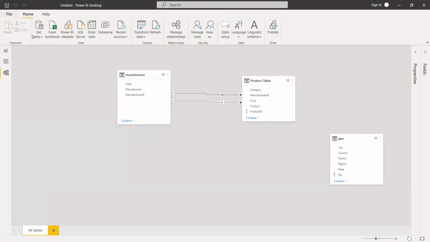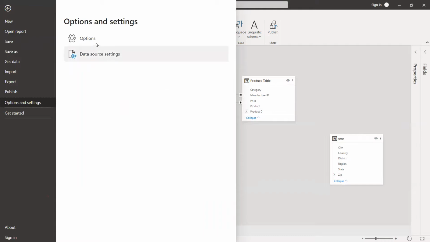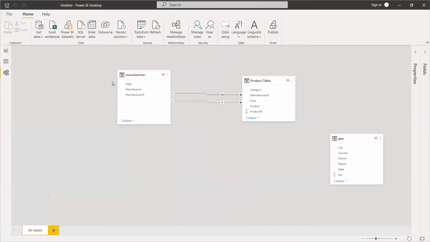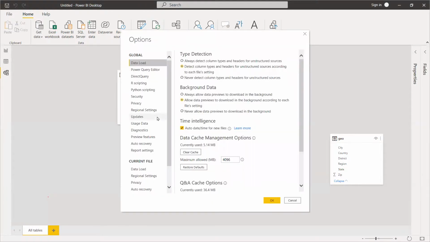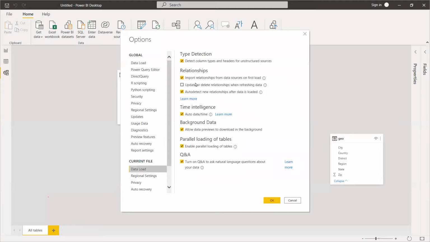One more thing I would like to add is when we go to File, Options and Settings, let's say I go to Options. We have all the settings of Power BI, and there are regional settings for the current file and global for all the Power BI files. Then there's data load, and if I need to disable the auto detect relationship feature, because Power BI automatically detected the relationships and created them between two tables, I could go to the file options and change this feature here.